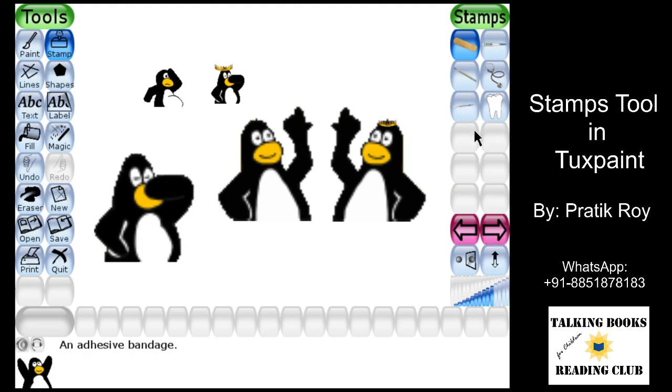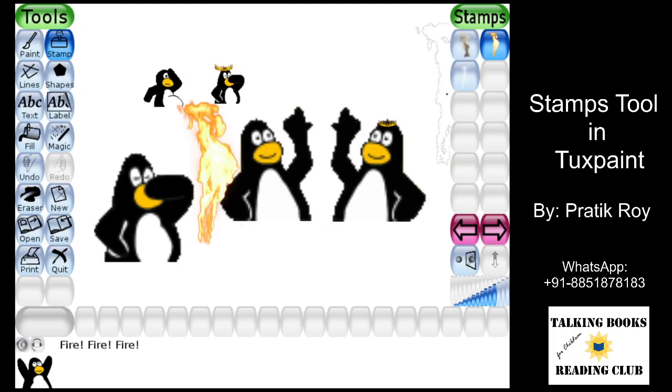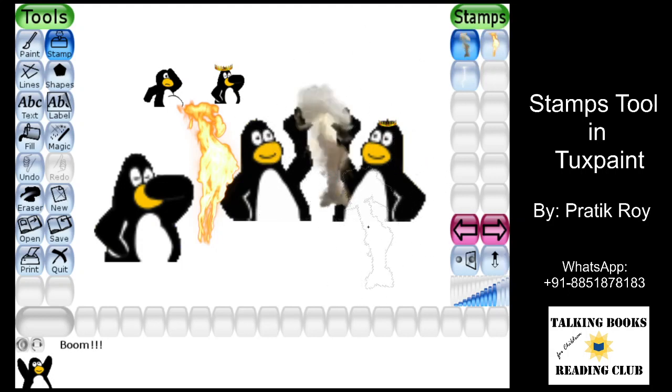This is a category of medical related images. We got the tooth, we got the stethoscope. Next, this is the military category. We can see some tanks here, some kind of sword, or different equipments which are there, normally used for military purposes. The next one is basically natural forces, and these are going to give you effects like smoke or fire or whatever, and you can use them as well in your artwork.